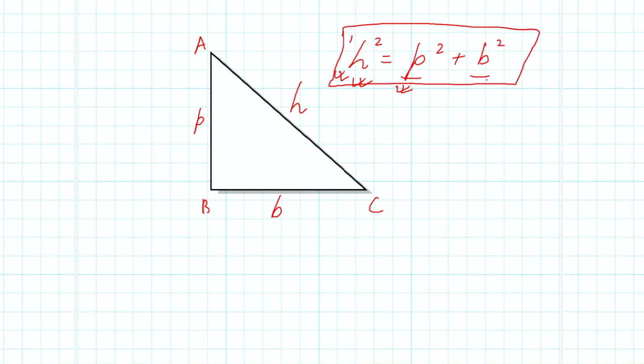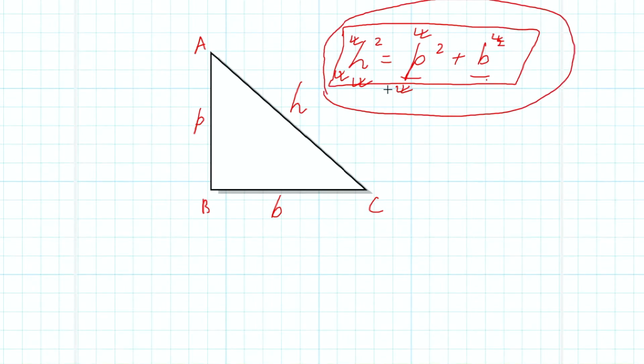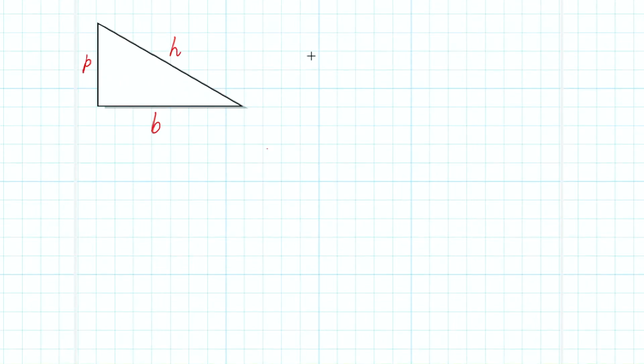Or if you are given hypotenuse and base, then you can calculate perpendicular. So this formula helps us to find the third unknown side if the measurement of two sides are given. So the Pythagoras theorem says that the square of the hypotenuse is equal to the square of the perpendicular plus